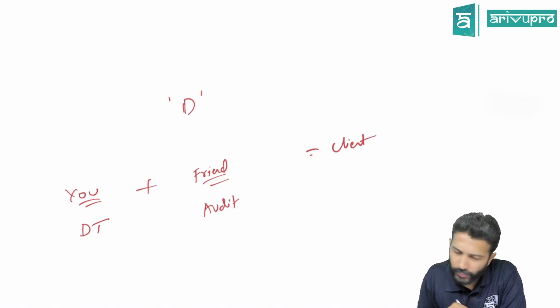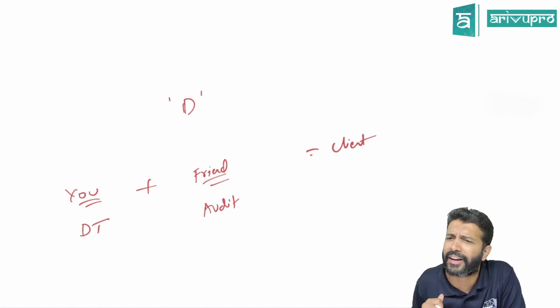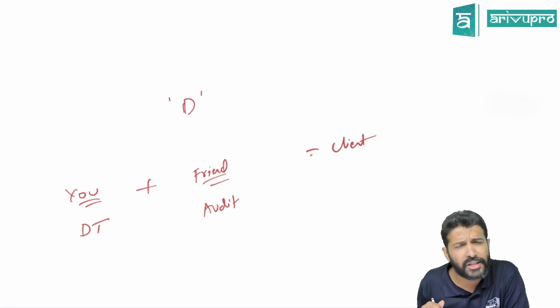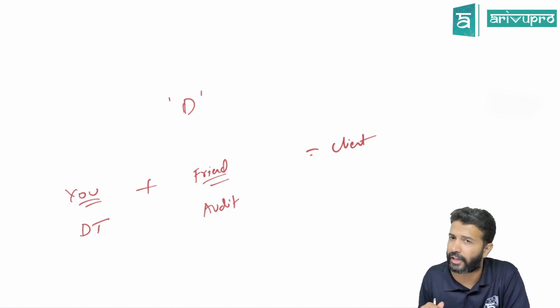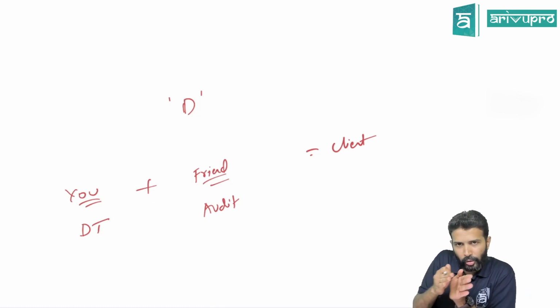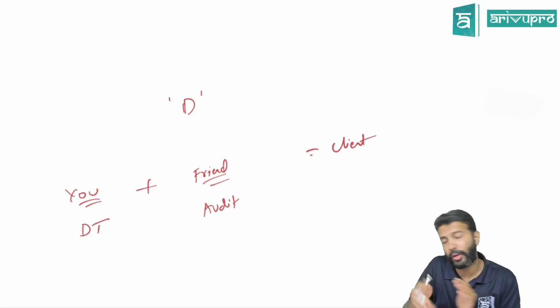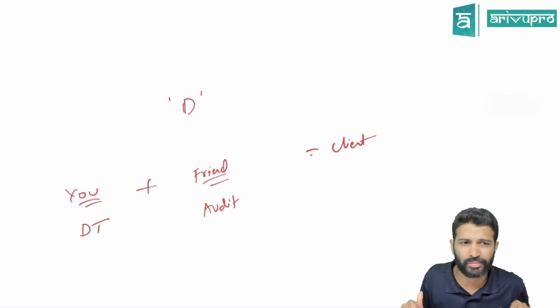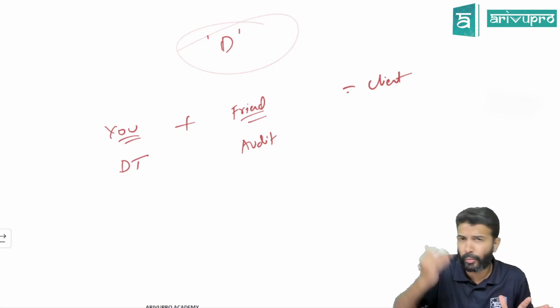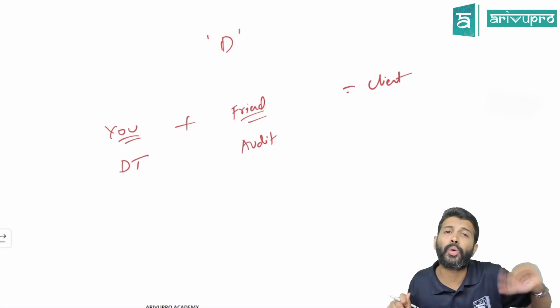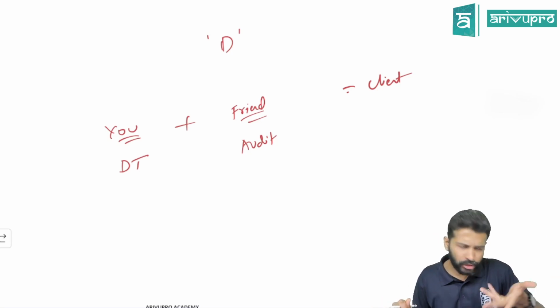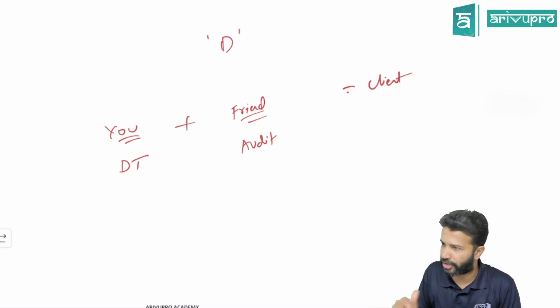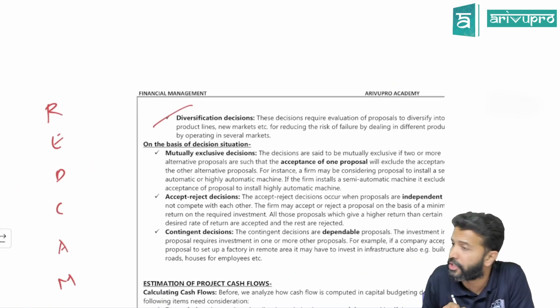For us, what will diversification be from our academy? Can you tell me? Earlier we started with CA and CS. Now we are offering ACCA also. We are offering CMA India also, CMA USA also. We offer CIMA also. Currently we are offering it at college level only. So from one course we are not moving, but rather providing additional courses. So that is your diversification, because if one course takes a hit, the other course can compensate. So that is one of the ideas behind diversification. Got the meaning of D as in diversification?